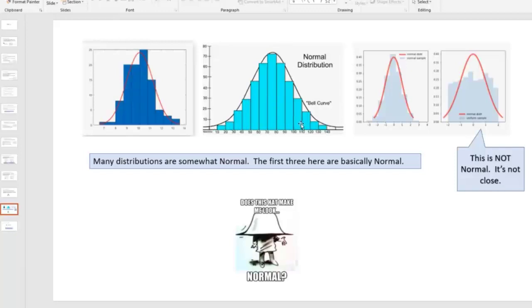Right? Because this one is balanced. You can see outlining that, we often call that a bell curve, and that might be a term that you've used even if you haven't heard of a normal distribution. This one, normal,